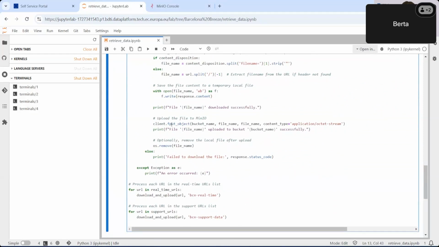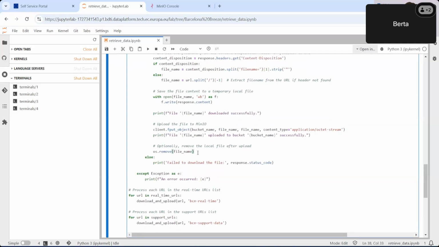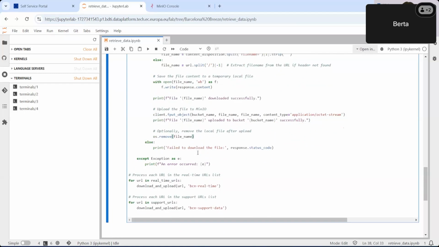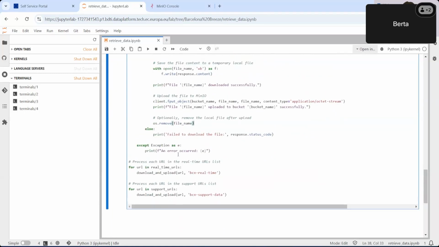And then we're using the same MinIO connection we created before, selecting the bucket name and the file name to upload, and then storing it in the corresponding bucket. Then we're removing the temporary file we created, and that's it. So if we get an error, again, we will get an error message, and we're just calling the function for each URL and bucket here.